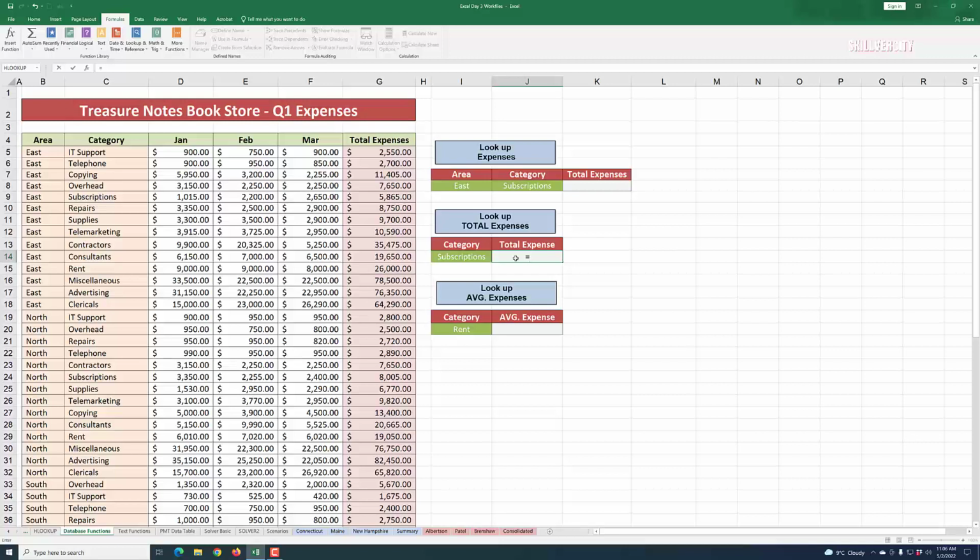Which function should we use to sum or to get the total expenses? If you say it is the SUMIF function, I would agree with you. So SUMIF, okay, we can do that, and then double click to activate it, and then go ahead and select the category